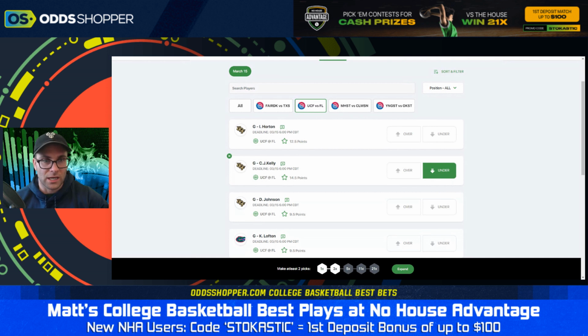The problem for CJ Kelly is they just lost Jalen Young, and now they're consolidating minutes with Ithiel Horton, Darius Johnson, Taylor Hendricks, and Kelly himself. So when you look at the shot rate for these players, could Kelly get there just based on raw minutes in his shot rate? Sure, but he's now behind Taylor Hendricks, Ithiel Horton, and Darius Johnson in terms of shot rate. As far as usage on the team and who the most involved players are, CJ Kelly's actually 4th on